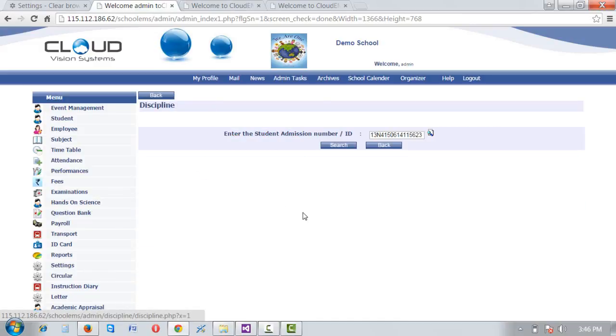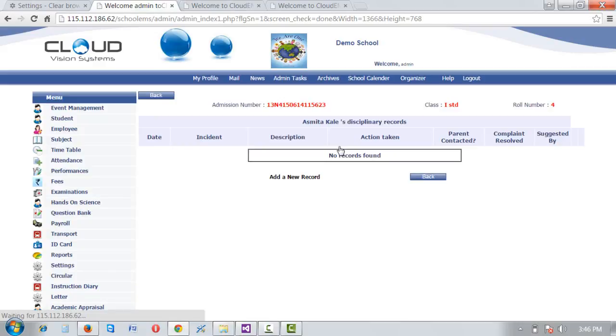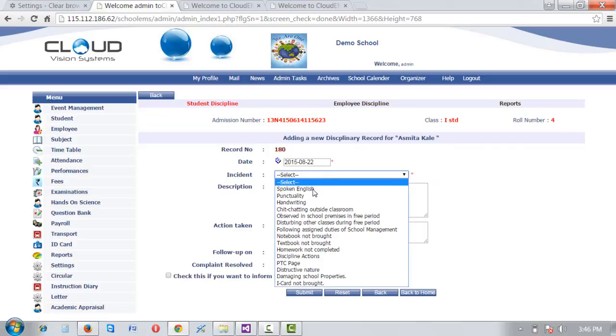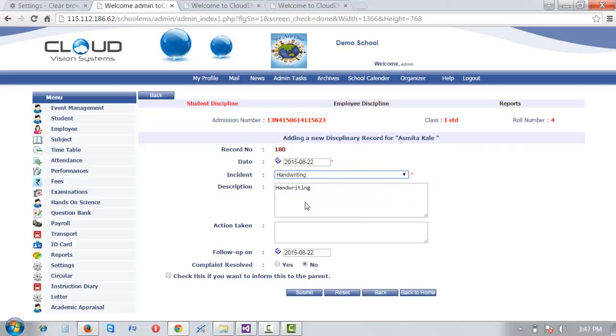Now after notebook correction, I'll move to the next, which is discipline. So this discipline record is to be added like this. Once I have searched the student, her admission number is automatically selected here. I just click search over here and add new record. I'll select the date, select the incident like punctuality, handwriting. Suppose handwriting, description: handwriting needs to improve,